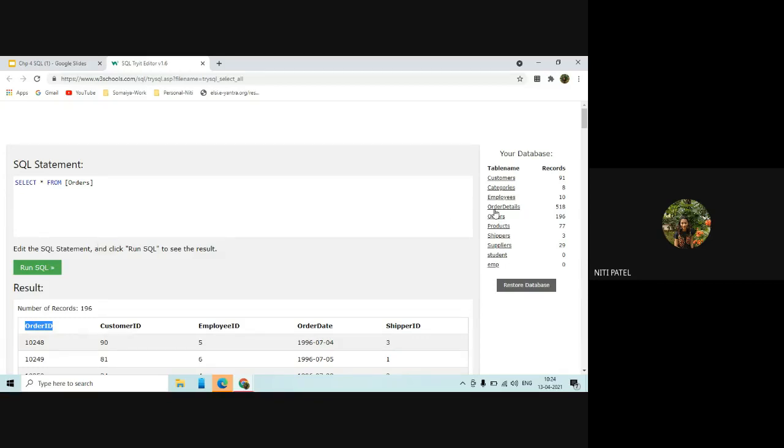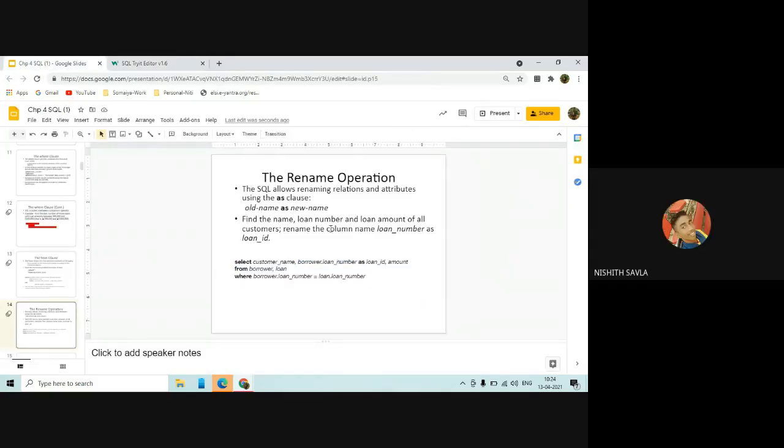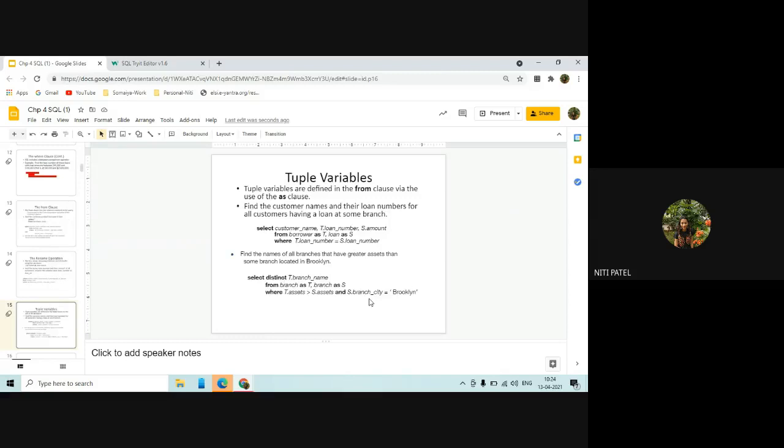So what will I write? Order details dot order ID comma, orders dot order ID. When I do that, what does it mean? It will select order details ka order ID and orders mein se appropriate order ID. Okay? Yes. And if we don't specify, the second one will overwrite, right? Second one will be overwritten. Okay? Yes, ma'am.